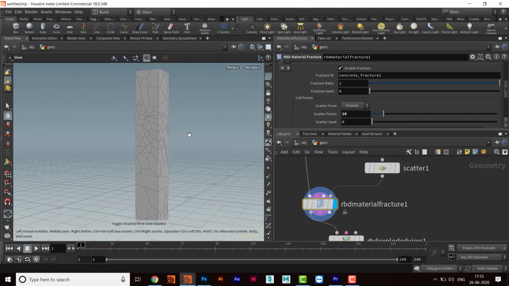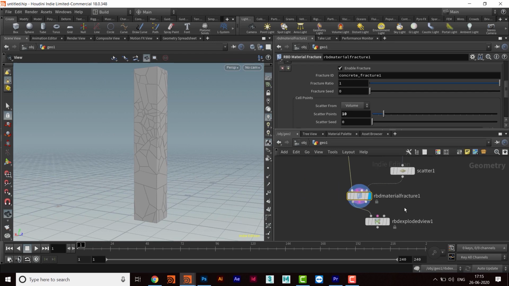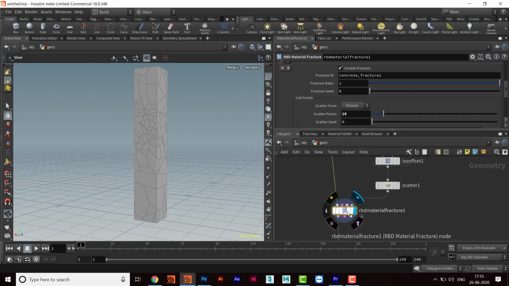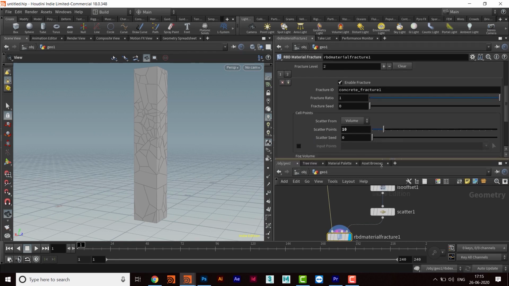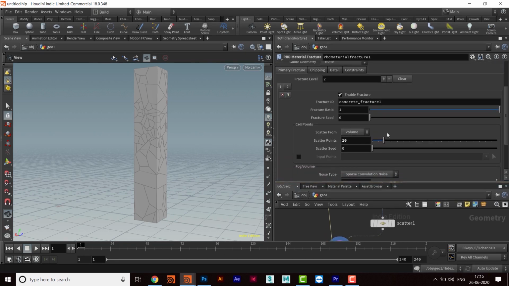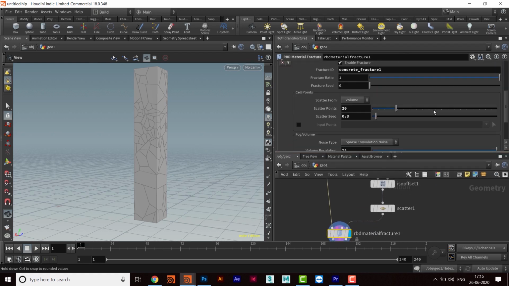Okay, so the column is still there. There is no change at all. So what we have to do, we have to go here, and then now we have two levels of fracturing, that is first level and second level. So I'll go to second level and connect this custom points here only. For that, I will come here and switch on this checkbox. So click here,